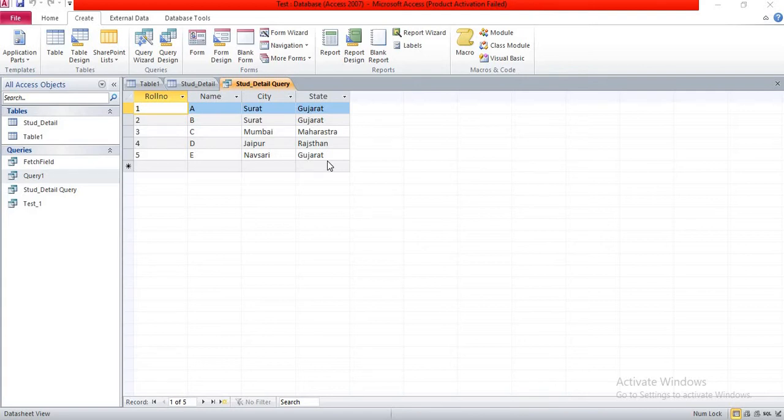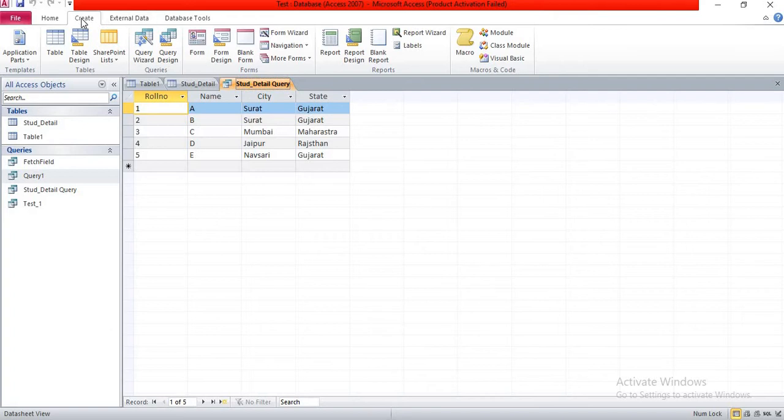Now let's see our first form using form command. Here I am creating a student detail table and creating one query using them. Now how to create a form using form command?